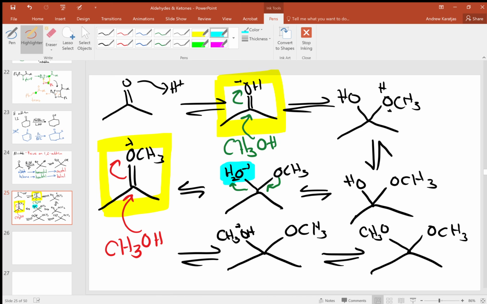So we're kicking out water in this step. So water is one of our products. So we can favor our products